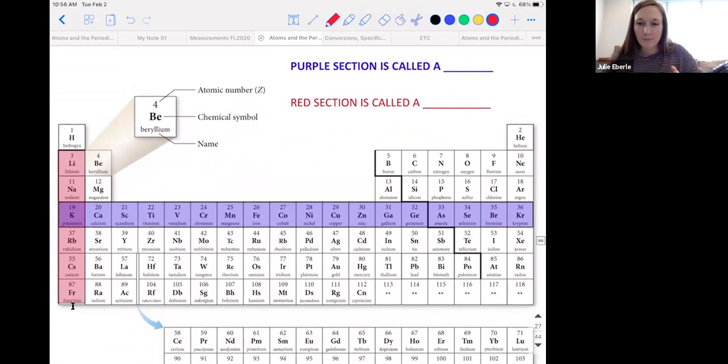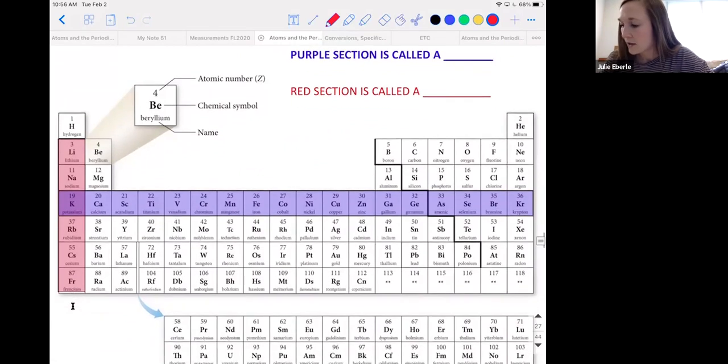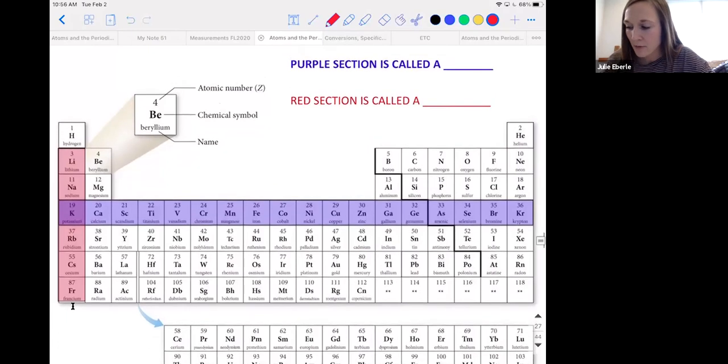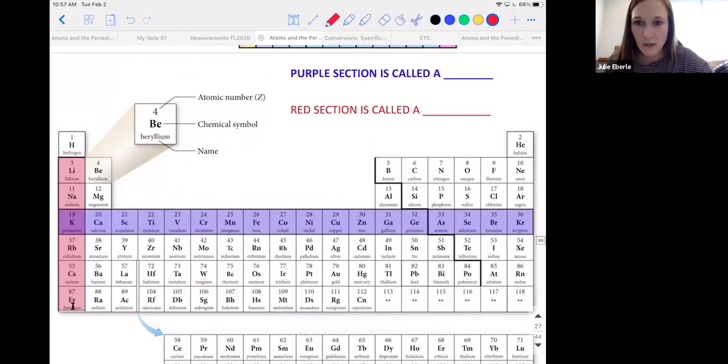Okay, periodic table. There are several ways it's organized, things to know. There are roughly 118 elements on it, and you do not have to memorize the elements, all right? But I do want you to know how to look at the table and extract information. The first way we can extract information is understanding there are two main pieces of organization, highlighted in the purple and the red sections.